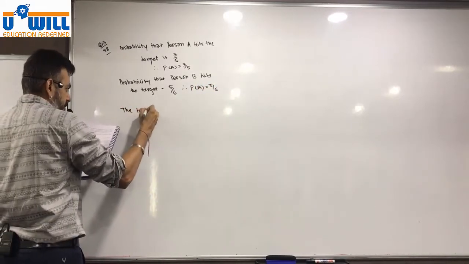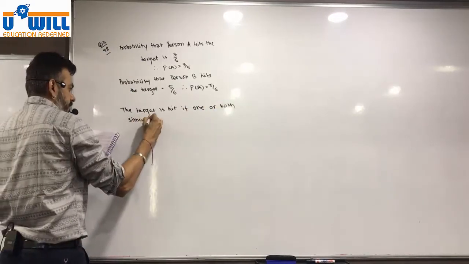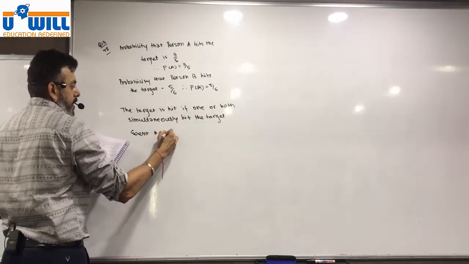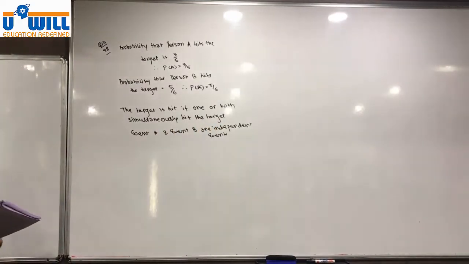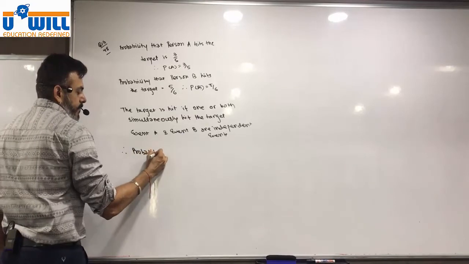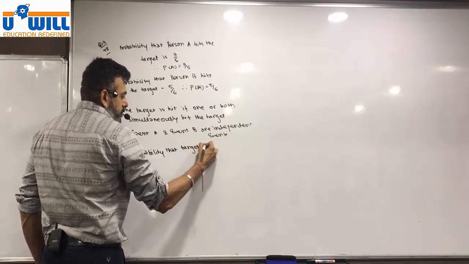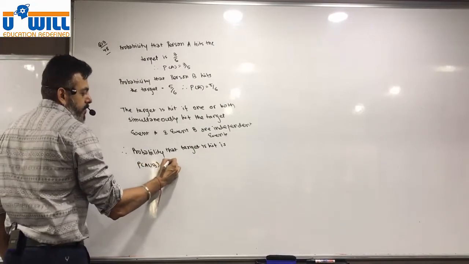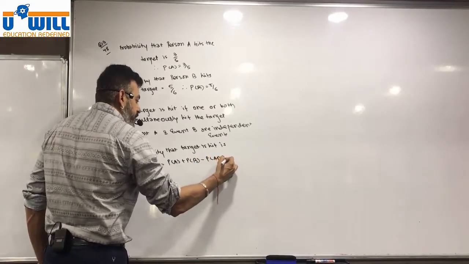The target is hit if one or both simultaneously hit the target. Event A and event B are independent events. Therefore, probability that target is hit is P A union B is equal to P of A plus P of B minus P A intersection B,